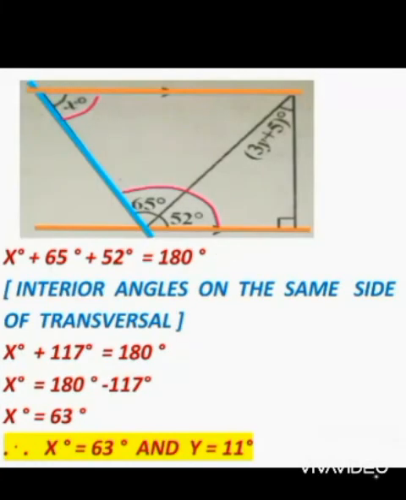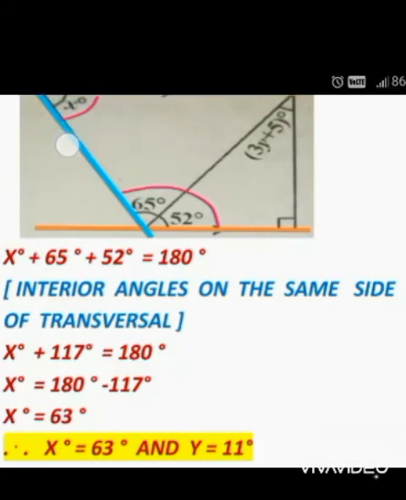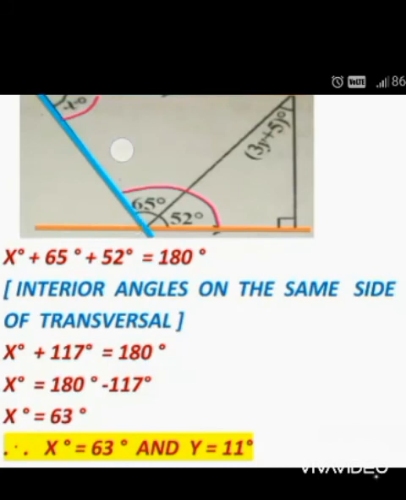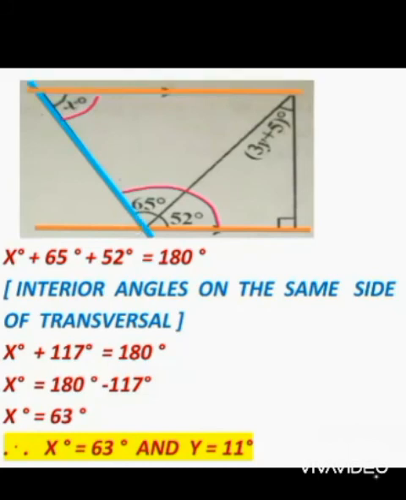Okay children, now you have to find out the value of x. You observe the figure here, children. These two are the parallel lines, isn't it? See the orange marking I have given there. These two are the parallel lines. And this is a transversal. The blue marking is a transversal. So what do you observe here, children?